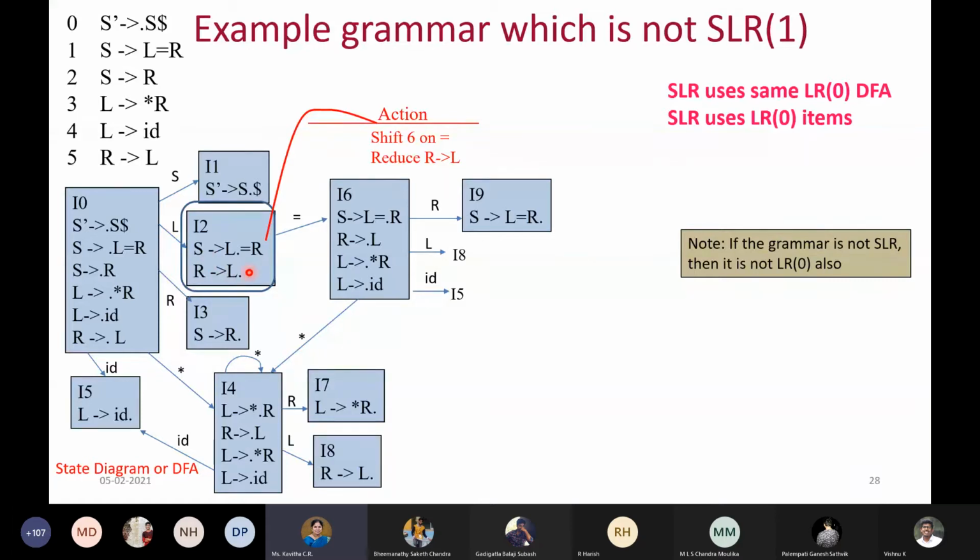See, there is some rule which is eligible for reduce action. So definitely the reduce action is going to happen, but on what symbols it matters. Similarly, here what do we have? We have equals to be read. So for the shift operation, the symbol I am using is the terminal symbol, that is equals. And how do I decide the symbols for which I am going to apply the reduce action for this particular rule? You are going to use the follow set of R. So find the follow set of R.